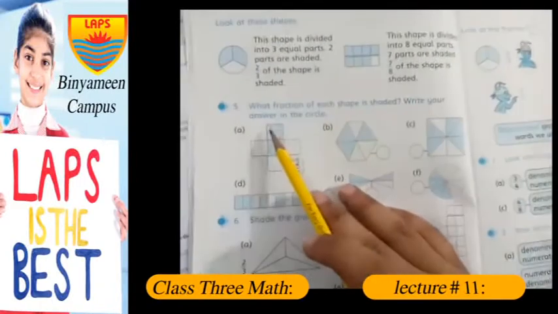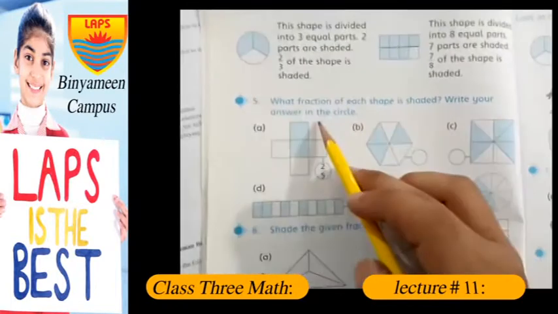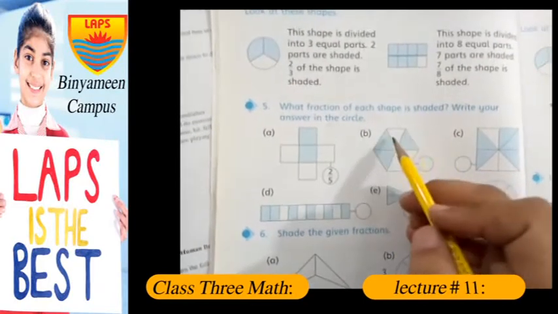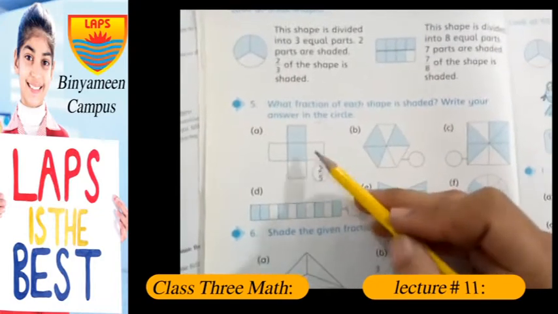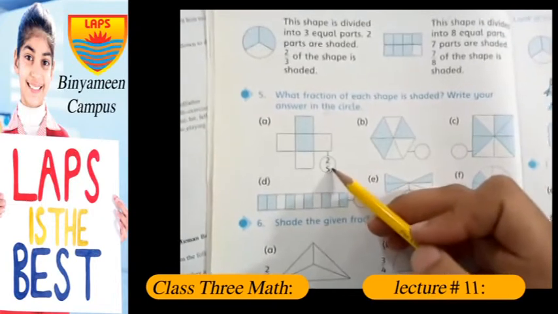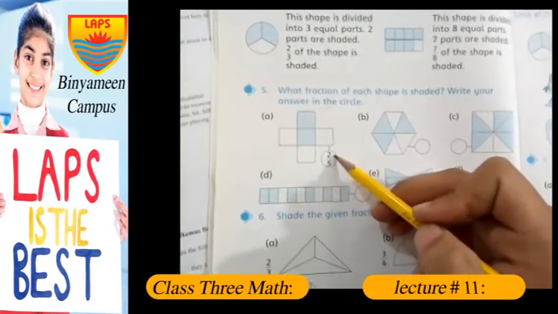We have to solve question 5 and 6 of page number 12. If you look at the heading, it says write the fraction of each shape that is shaded. Write your answer in the circle. The first one here is already written, so we can get help from that. It has 5 sections and 2 of them are colored. So for the total parts, 5 is the denominator, and for the colored or shaded parts, we have to write